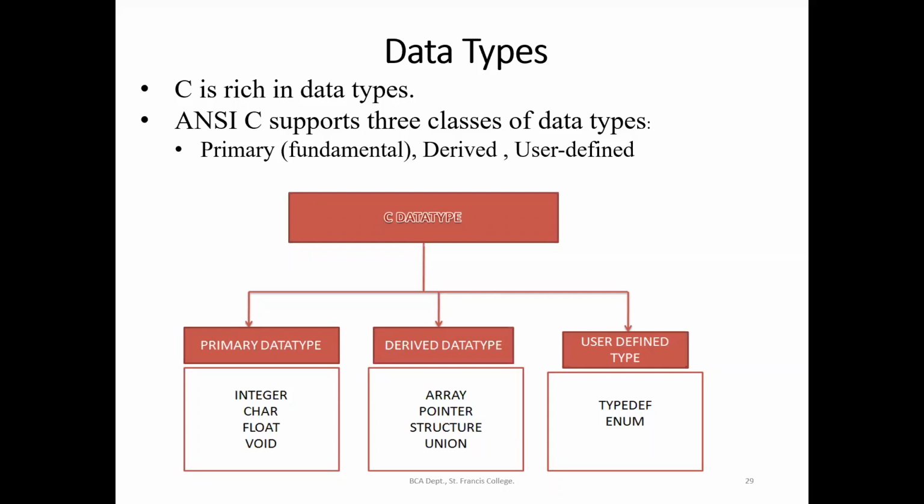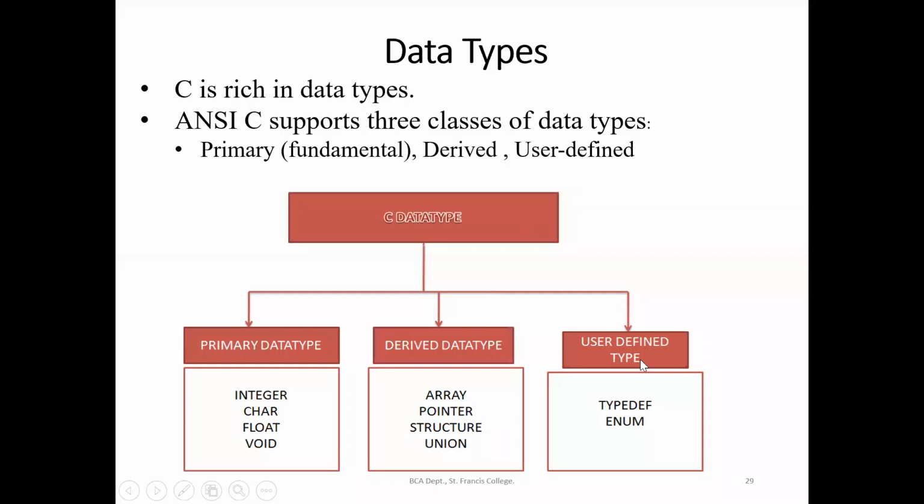So now we will see what are the different data types which are available in C. We are broadly classifying them into three classes: primary data type, derived data type, and the user defined data types. The primary data types are the basic data types which exist in C, and derived data types are derived from the primary or fundamental data type. Primary data type is also known as fundamental data type. Derived, the term meaning is like we are deriving from something, right? So we are making use of the primary data type in order to create the derived data types.